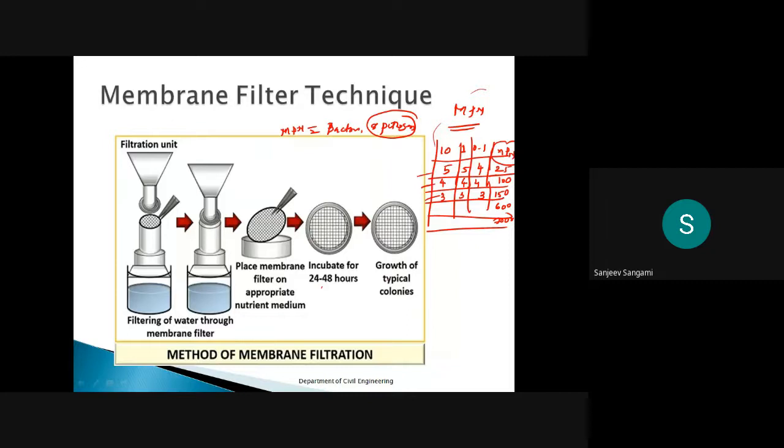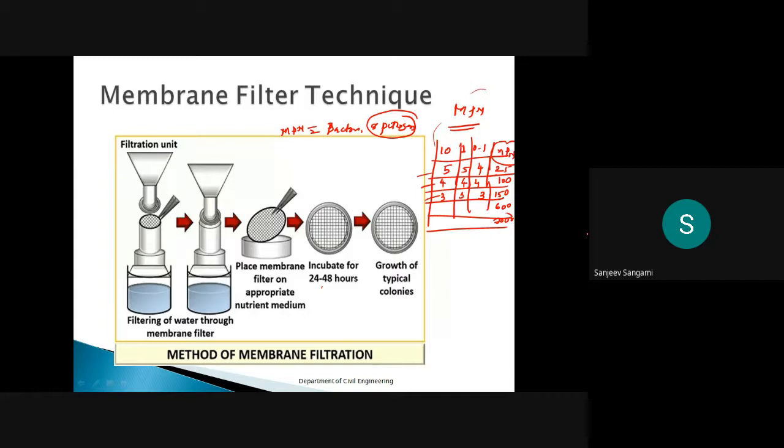This MPN table you can use for many bacteria and many pathogens. So this table I'll supply later. You'll come to know how exactly it works. This is how exactly to find out the MPN.